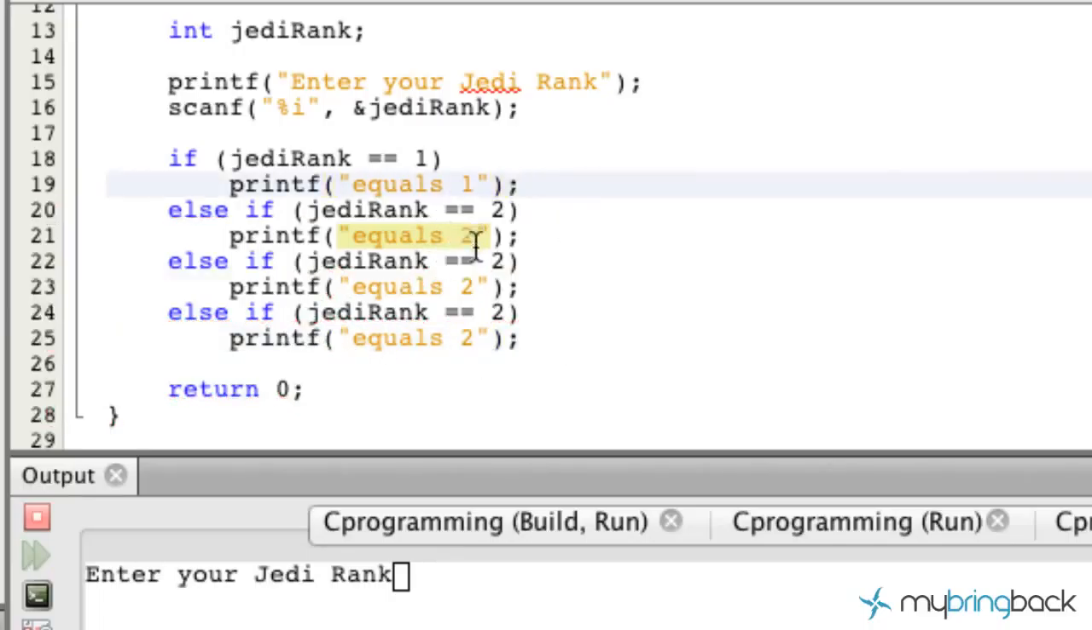Okay, and we're also going to change these because we don't want 2's in all of them. Let's change them to, let's see, a 3 there, and a 4 there, and a 4 there. So let me go over this because we're just kind of writing in our stuff. So now it's going to go, if the Jedi rank is equivalent to 1, and that proves true, it's going to